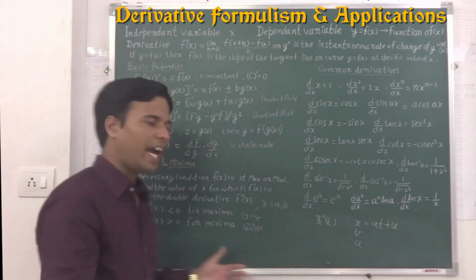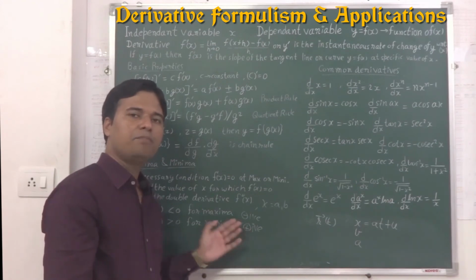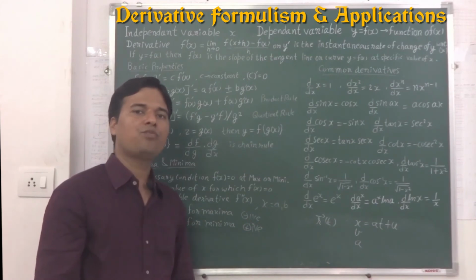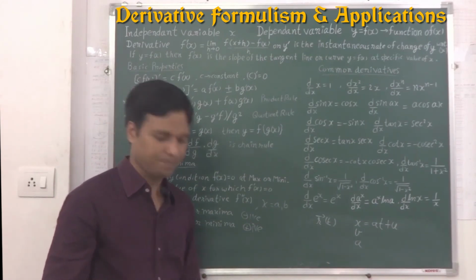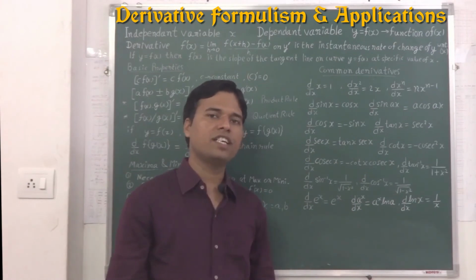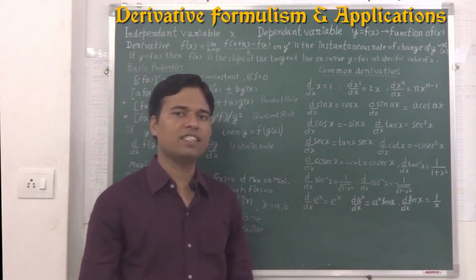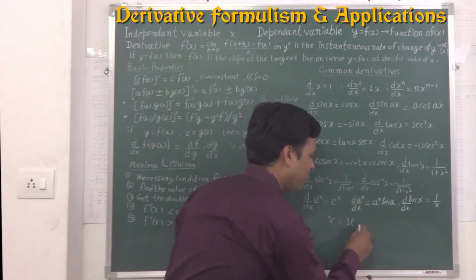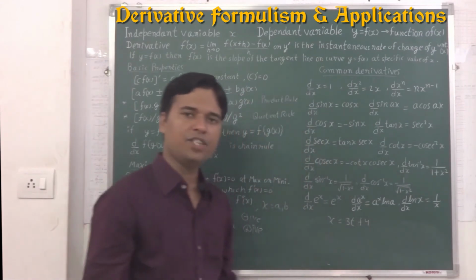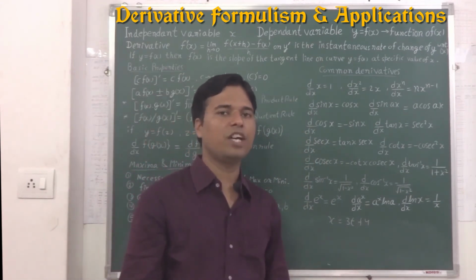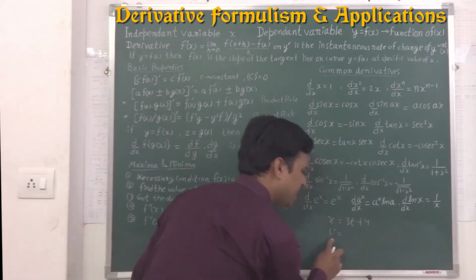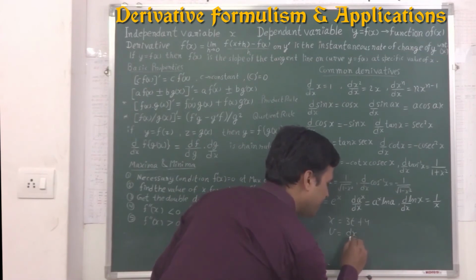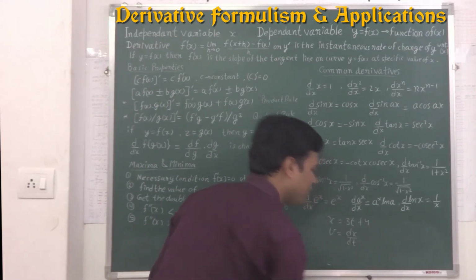Dear students, now I will give you a brief explanation of how we can use the derivative to find out maxima and minima. Dear students, if the position of an object is a function of time such that x is equal to 3 multiplied with time plus 4, then you can get the instantaneous value of its speed. The instantaneous speed v can be calculated by the first derivative of this position with respect to time.